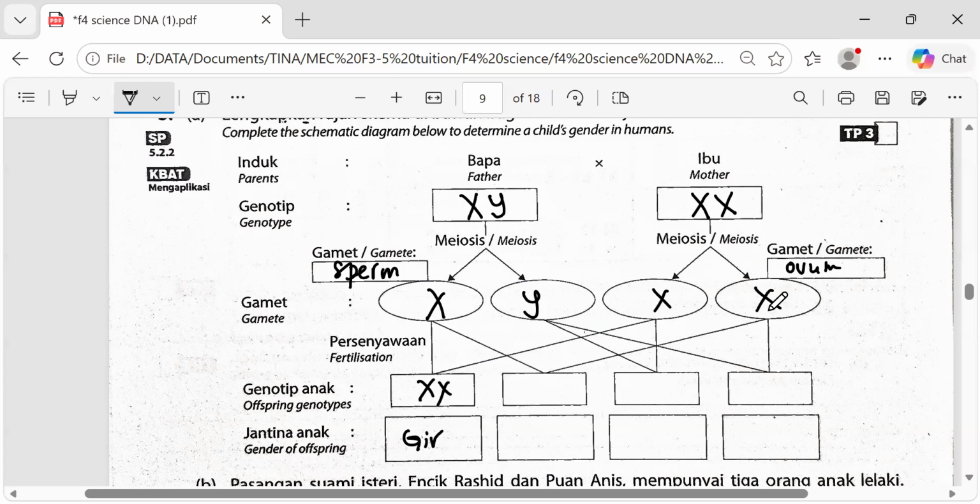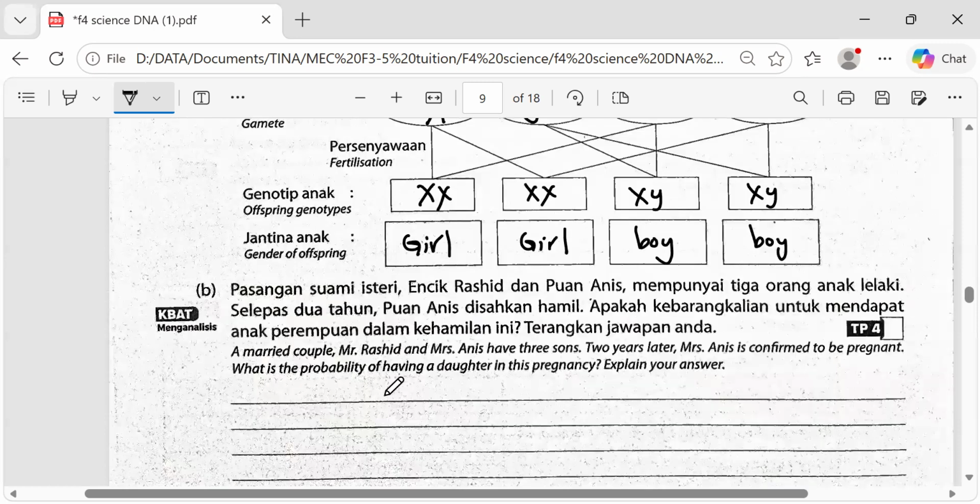Congratulations. This one and this one is also a girl. Congratulations. This one and this one is a boy. Congratulations. This one and this one is also a boy. Congratulations. So what is the ratio? 1 to 1. A married couple have 3 sons. 2 years later, she's confirmed to be pregnant. What is the probability of having a daughter? 50%. Why? Because